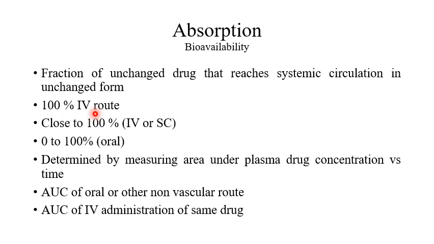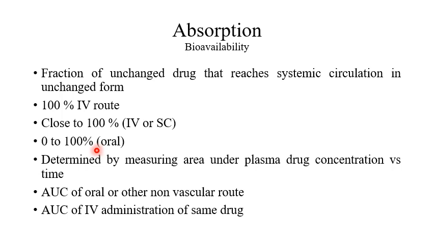The bioavailability of any drug after intravenous administration is 100%, and it is usually assumed to be close to 100% when it is given via intramuscular or subcutaneous route, which is a parenteral route but not intravenous. The bioavailability of drugs after oral administration ranges from 0 to 100% because it depends on the extent of absorption and the first pass effect. So in view of this, bioavailability usually refers to oral bioavailability. It means that it is basically an absolute term.